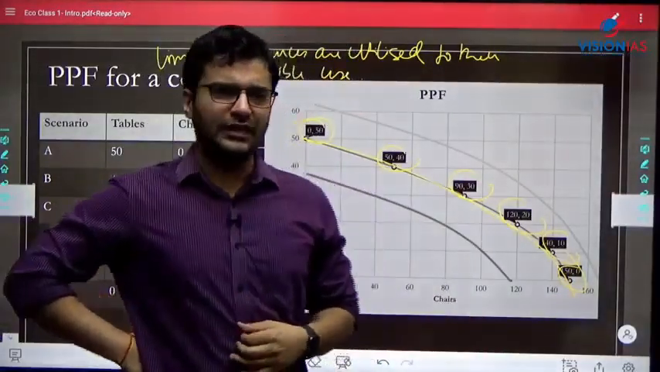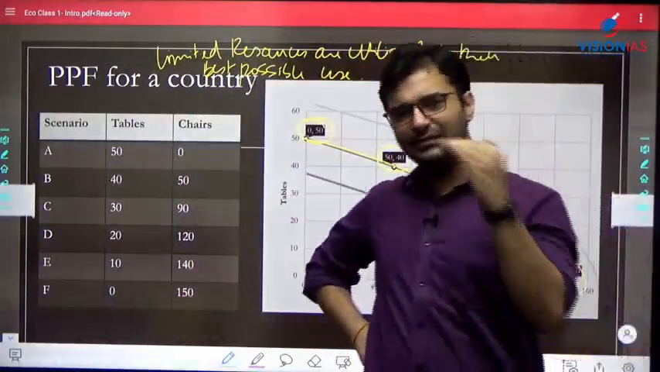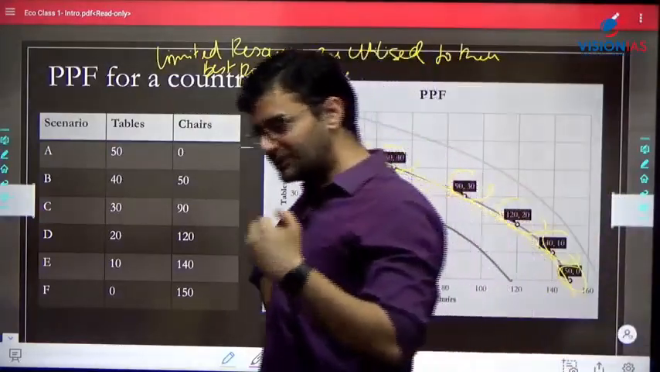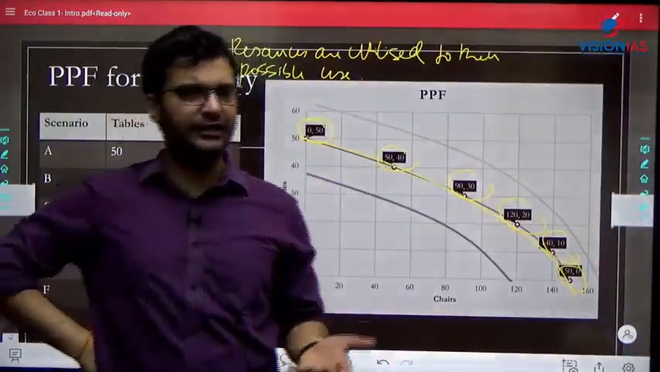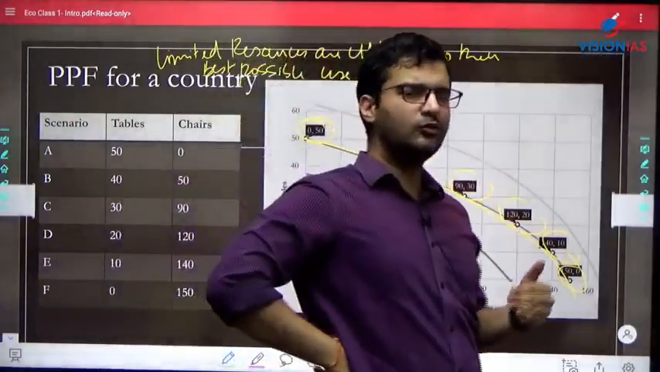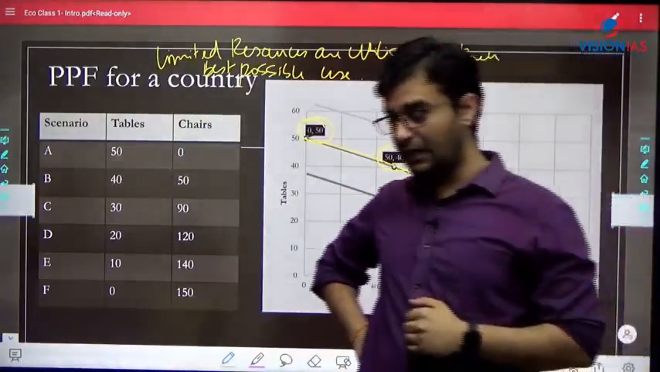So what would you say? That this 7,0 is a suboptimal outcome as compared to 10,0. Why? Because utilizing your resource to the best possible extent, you could have hunted 10 deer, whereas you hunted only 7 deer. Hence 7,0 is a suboptimal outcome. Number one. Number two,